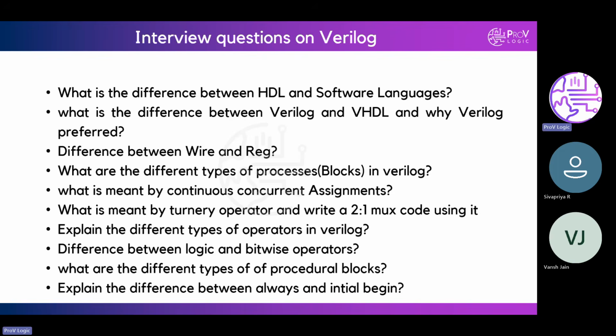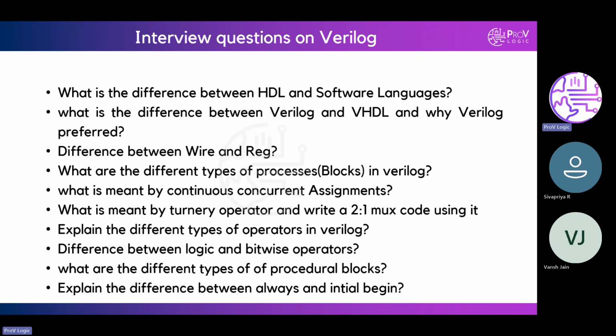Okay. What if I'm not writing inside a procedural block? If I'm writing a data flow model or a ternary operator, what would my left hand side be? If we are not writing in procedural blocks, for example if we are using a data flow model, then wire should be used on the left hand side. Yeah, that's correct. That's true.